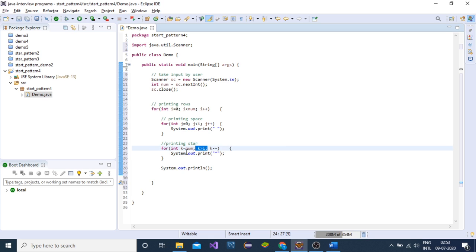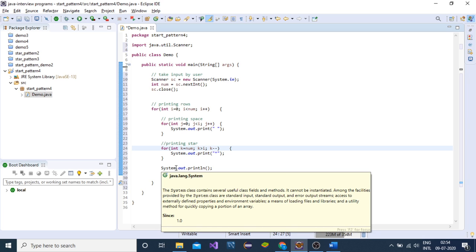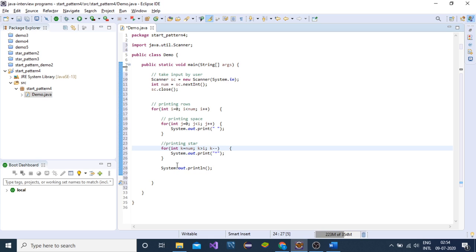so it will print for k equals 6, 5, 4, 3, 2, 1. Once the value of k is 0, the condition returns false and it moves out of the loop. So it will run 6 times.